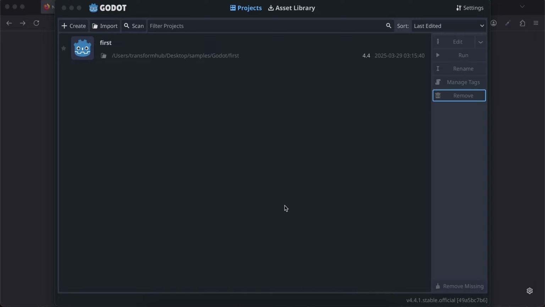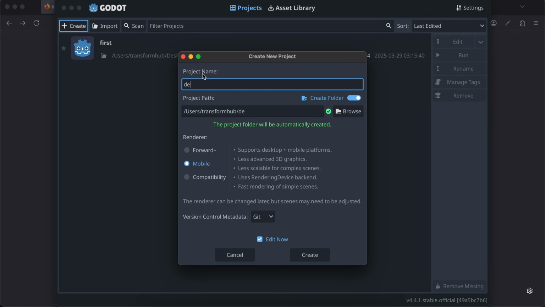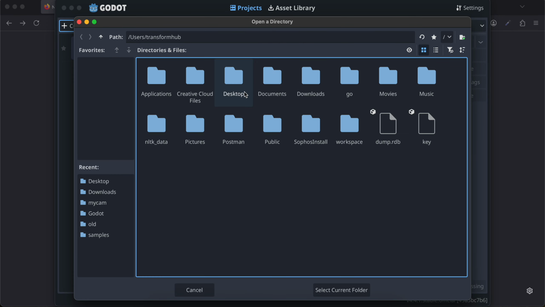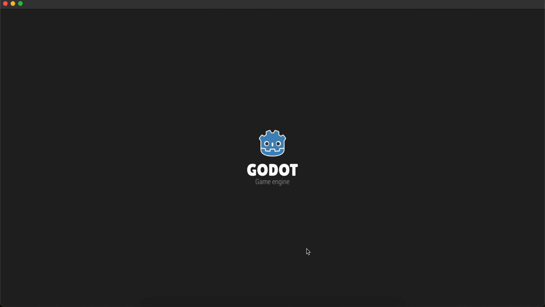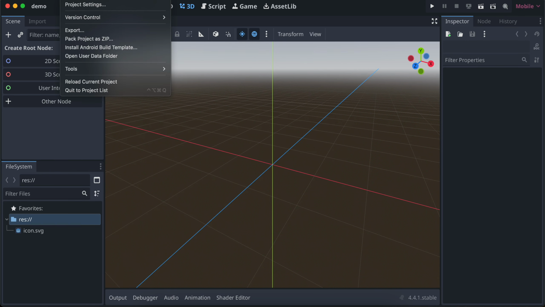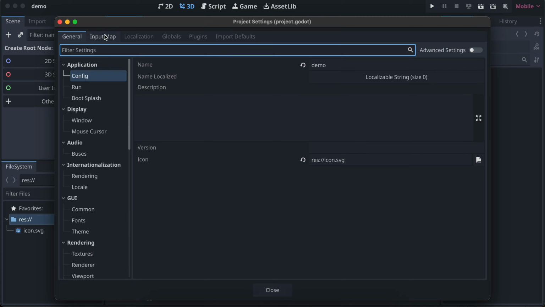In this video I will show you how to create your own custom input action in Godot game engine. So let's get started. I'll just create one simple application. I'll browse it to the desktop folder. I'll click on create. Then all you need to do is go to project settings, go to input map,